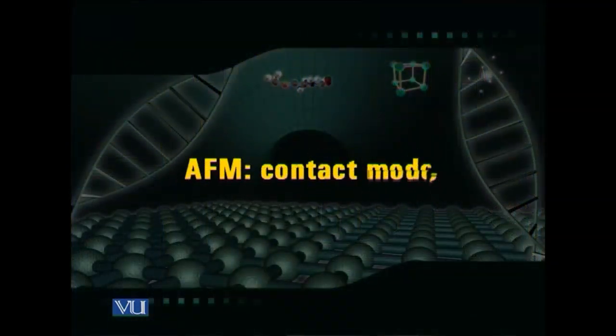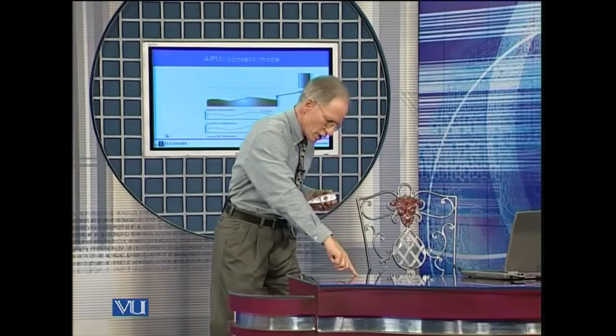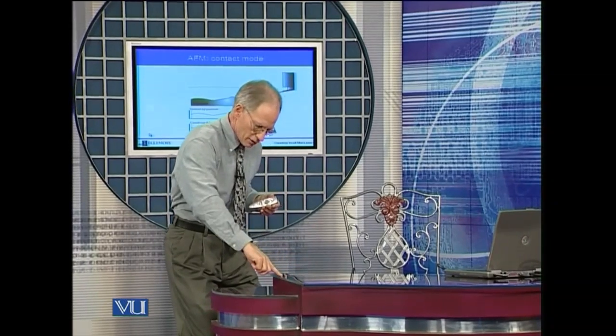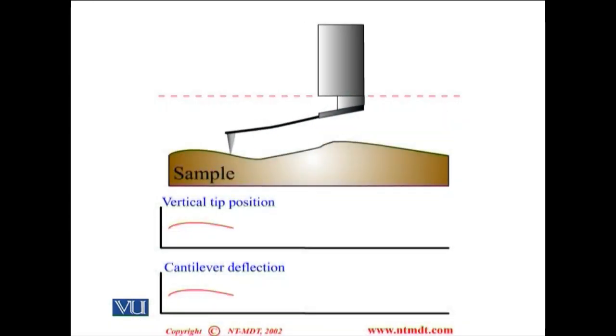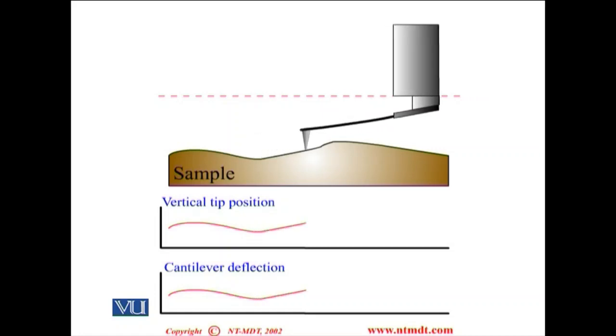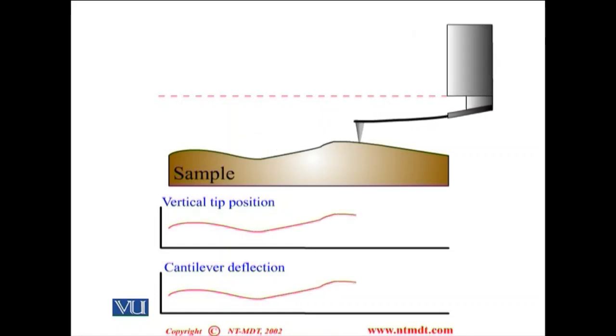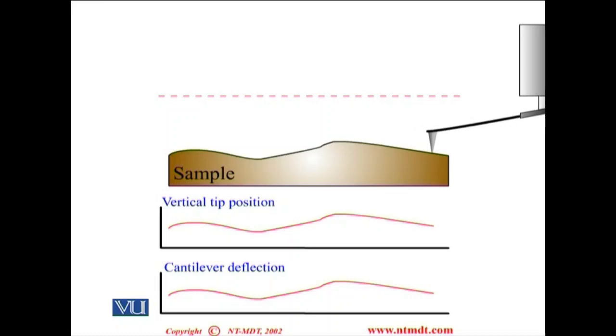And since this is very sensitive to motion, I'm able to get a map of the surface. Here are a couple of examples of what the process looks like in a cartoon mode. AFM in contact, like my finger across the table, I'm rubbing across it, I come down, I flop down, boom, I come across. It's okay, but the problem might be that I'm going to scratch the surface or modify the